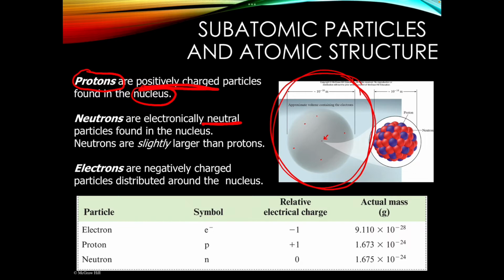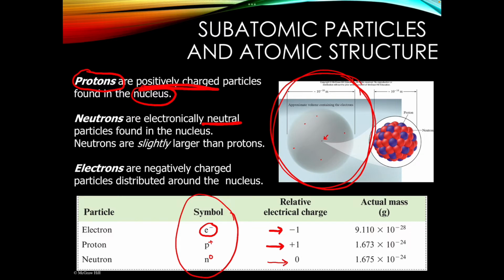So, rather than continuing to write protons, neutrons, electrons a million times in your notes, we have some abbreviations that you are more than welcome to use. Electrons, we use e minus. Protons, and this is from your book, are usually p plus, and neutrons are n zero. Those are the symbols you can use to mean protons, neutrons, electrons, and then their relative charge. Electrons are negatively charged, protons are positively charged, and neutrons are neutral.